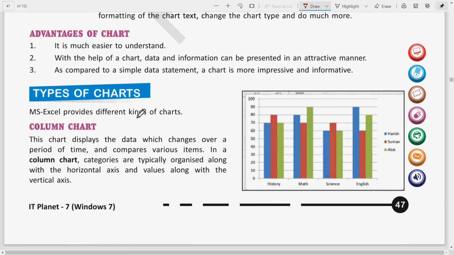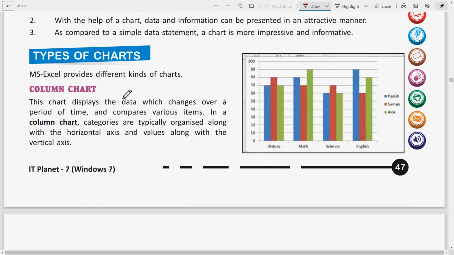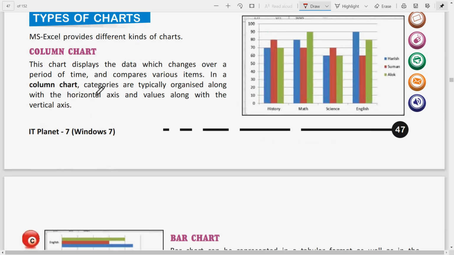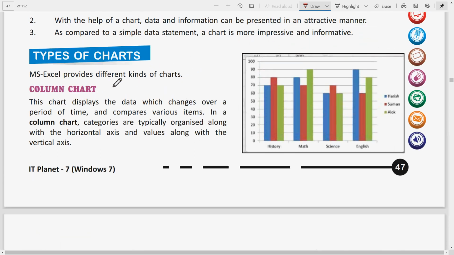So you can see, you can write the answer of this, that the different types of chart are, or let us see how many are there. I think there are 10 types. So you will write that Excel provides 10 different kinds of chart. You can write like this, that MS Excel provides 10 different kinds of charts which are, and write number wise,